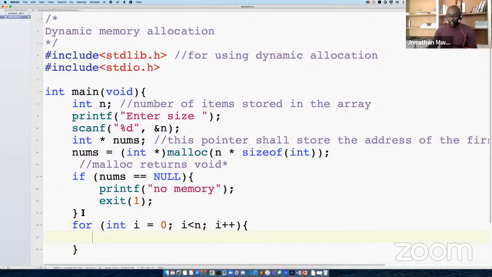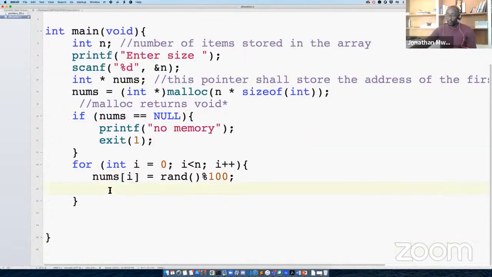So remember, there are a couple of things we could do. If we wanted to assign things to an array, we could do nums, and then for the ith index, put some value. For example, we are using the rand operator, and let's say use rand for values between 0 and 100, for example. Okay, so that would give us that, and we could print our array, right? So this would assign us values.